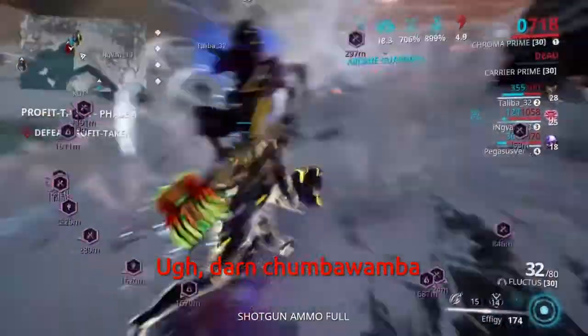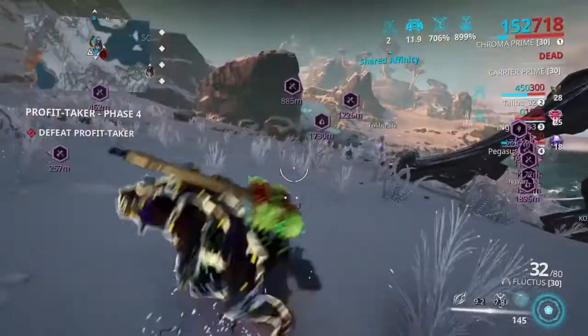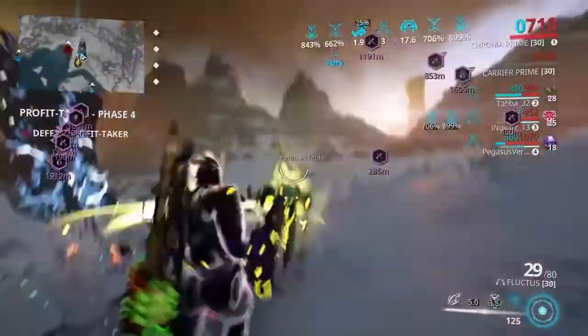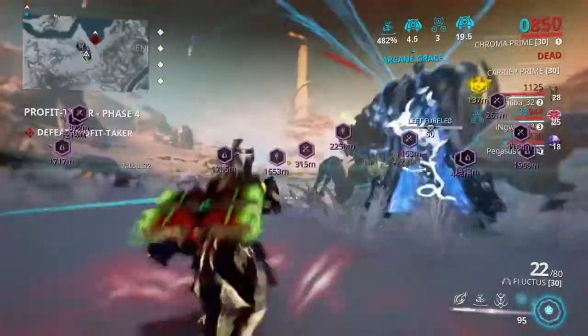But like I said, if you have 4 people just using their heavies, preferably 4 Fluctuses, then you can kill all the ads quick. And you can take this guy down in 5 to 7 minutes easily. I used to farm it. Just me and my buddy, we would farm it. Take us 7 minutes because it was the 2 of us, but...